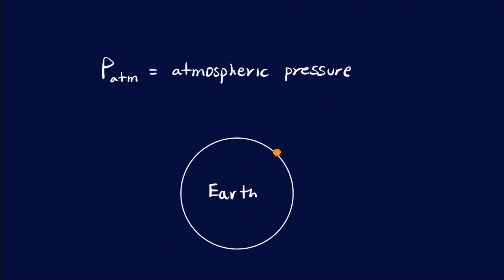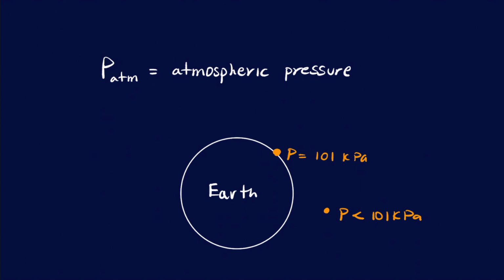So if you're on the Earth's surface, let's say the pressure equals 101 kPa. But if you're on top of Mount Everest, the pressure will be less than 101 kPa because there's